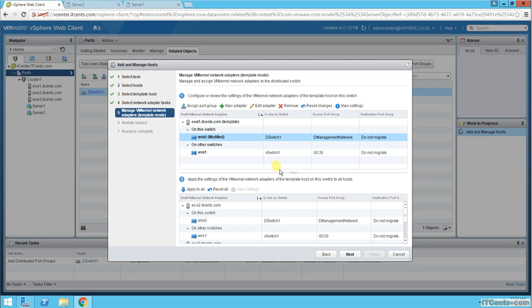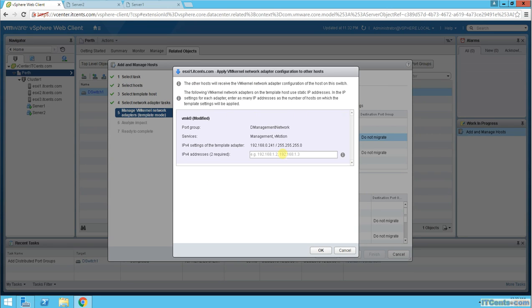So if I do that and say apply to all, again the same thing we have to do. Remember 192.168.0.241, I think that's number two. Oh, sorry, 242 is number two, which is 242 and 243. So this way you can enable all of them. So if I do say apply,